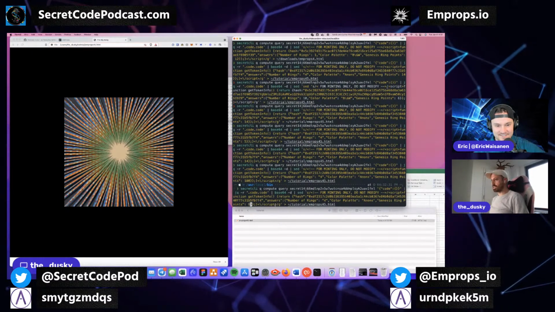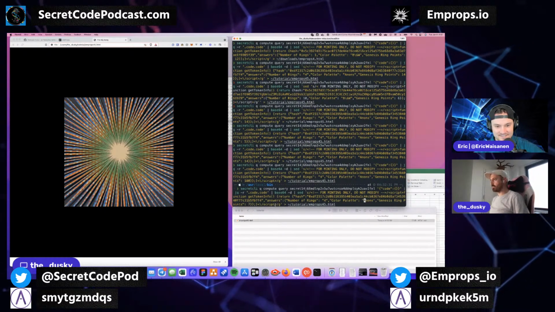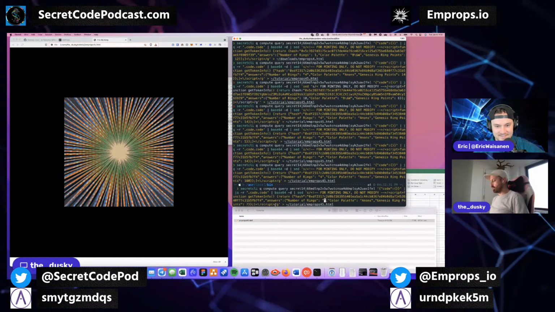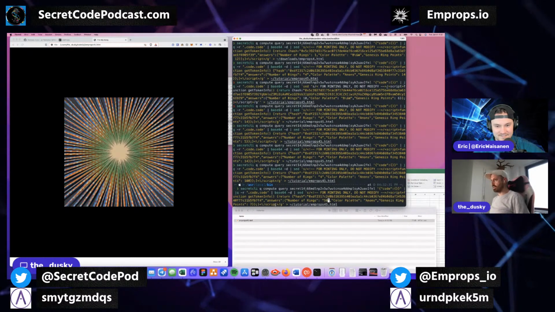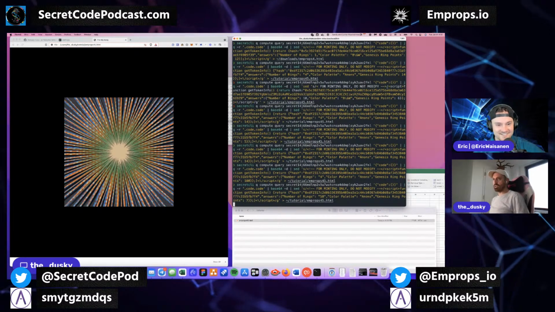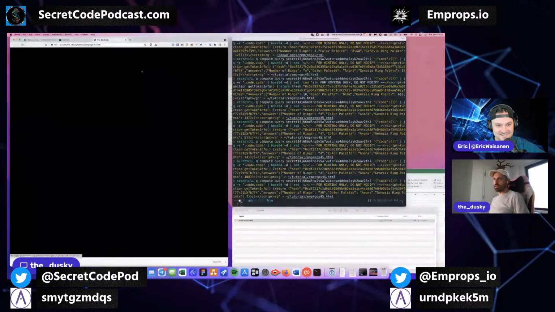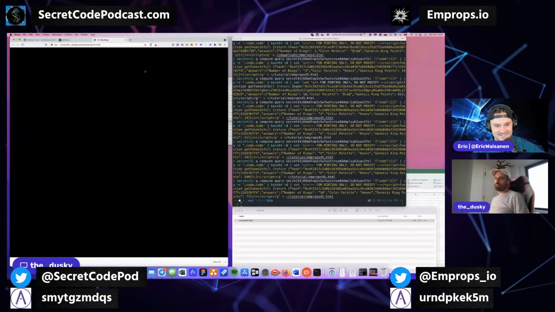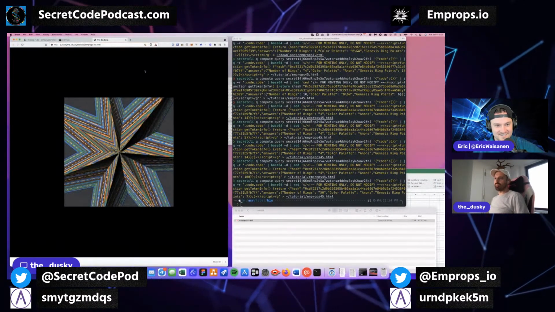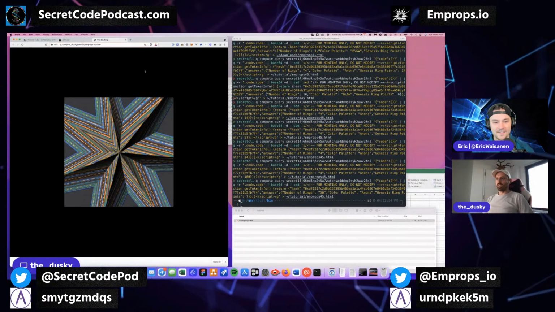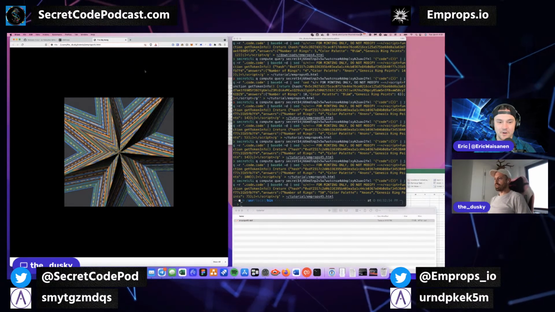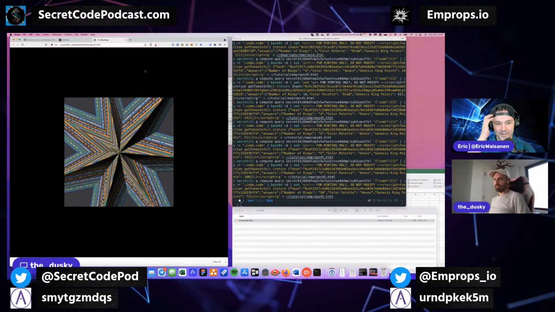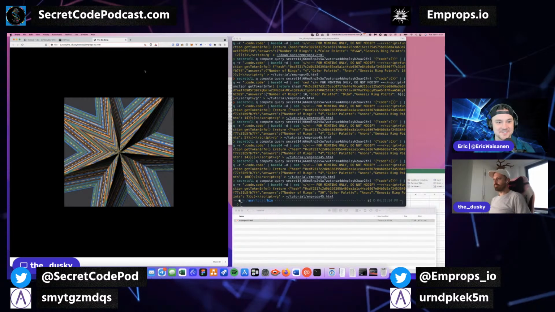We'll make it 7, but let's make the number of rings 50 and refresh it. So now it's doing 50 different rings into the same thing, and you can totally tell all the colors are different. All of the textures are different.